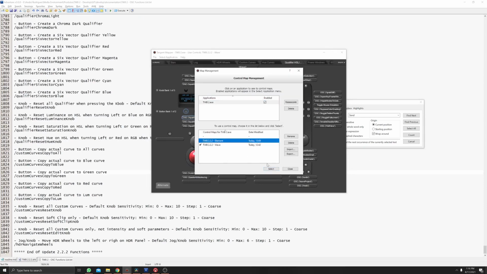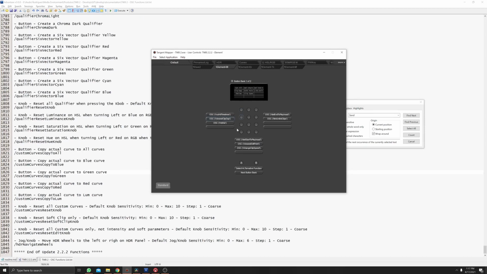There's a lot to talk about. Okay, for the element panel, we have a lot more buttons and knobs and options, so it was easier to map fewer modes. I put some modes together and everything is better on this panel. So to start here, we have the first mode, which is edit and inspector mode in the same mode.